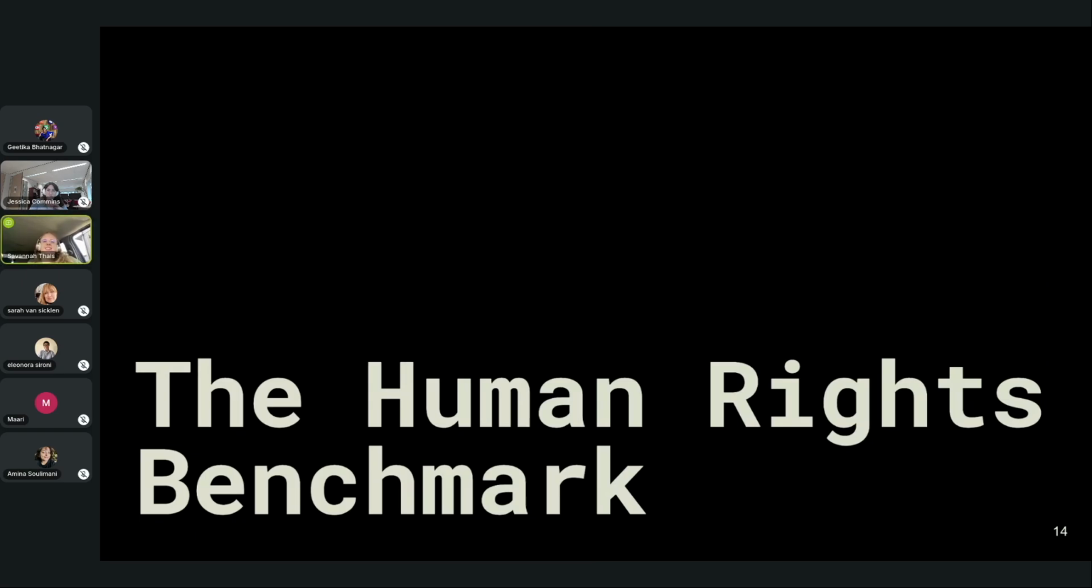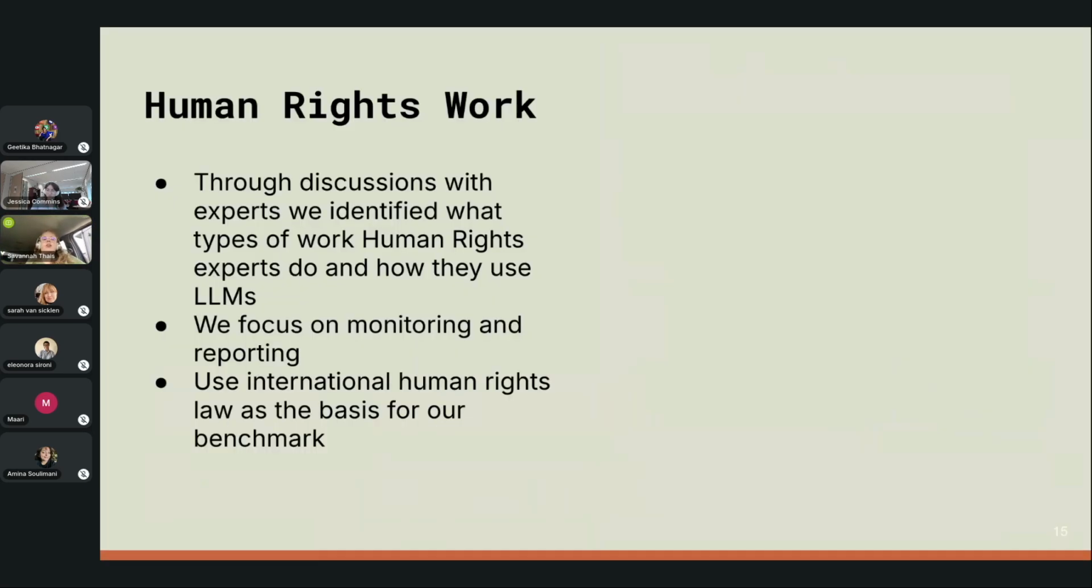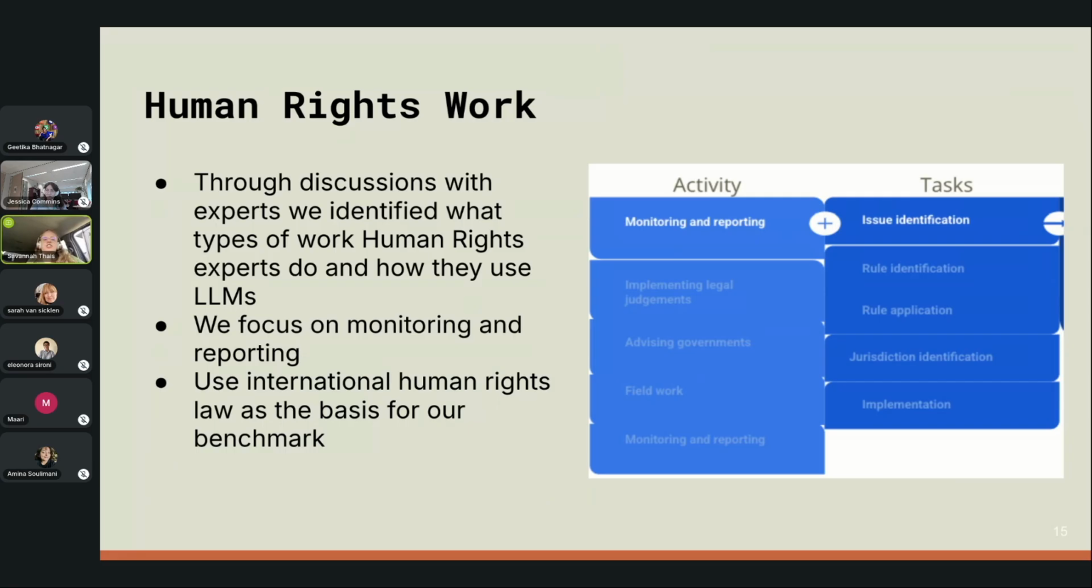Okay, so with all that background, now I want to give an update on how we are integrating all of these concepts in the Human Rights Benchmark project. Okay, so first, this kind of issue, like I mentioned, of understanding what kind of work humans actually do. So, through discussions with experts, we identified what type of work human rights experts do and how they use LLMs, at least right now. And you can see we came up with different activities that human rights experts typically do in their work. So, a big one, of course, is monitoring and reporting. There's also implementing legal judgments, advising governments, field work,